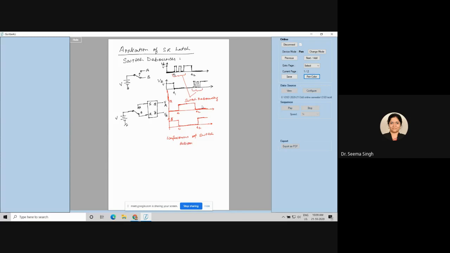Okay, any doubt in this? It is a simple straightforward application, and you can see how much it has helped the industry, where they are introducing this SR latch in between their mechanical switch. Yes, any doubt with respect to this? If you have doubt, ask me quickly, otherwise we will go to next topic.